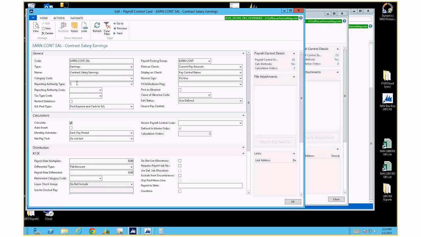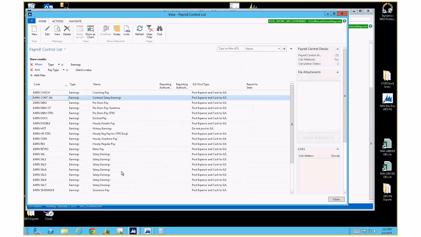Okay, reporting authority type. We went through our reporting authorities before. If you remember, we had four types, I believe: federal, state, local, and other. And so you'll see on every single one, and let's leave this one and go to